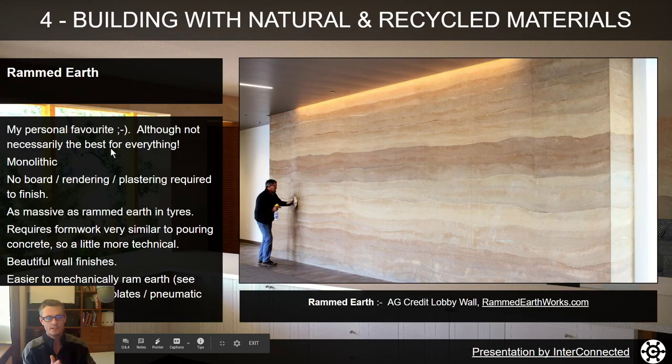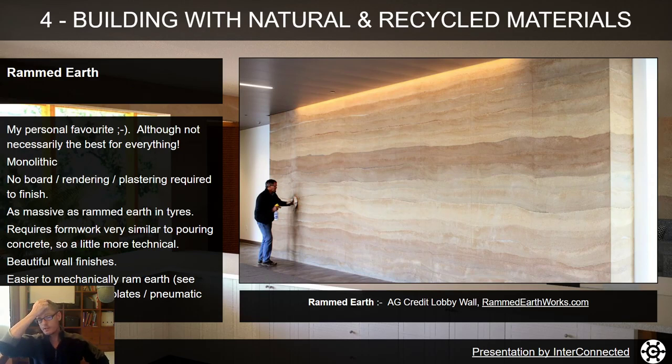Rammed earth is my personal favourite, although not necessarily the best for everything. I just love the look of it. The strata that you get from the slight variations in earth that you put in. You can also use dye in this. Iron oxide, I think, is what is commonly used to get the red effect if your soil hasn't got any red clay in it or is not very red itself. There's probably,